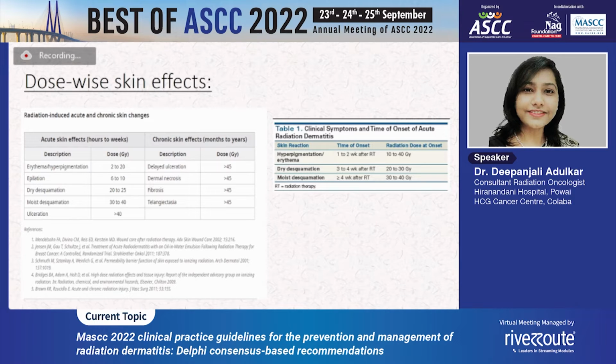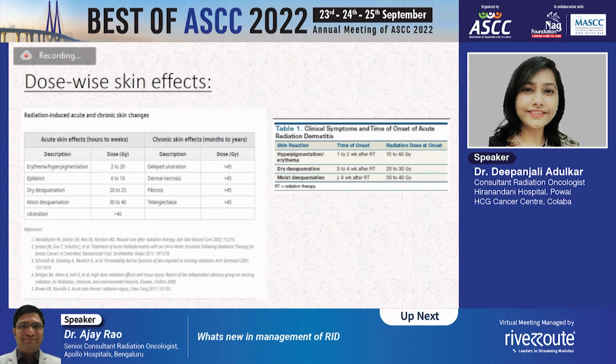Epilation is seen at around 6 to 10 gray, again at the end of the first week and second week. Dry desquamation is generally seen at 20 to 30 gray, which is again 3 to 4 weeks. Moist desquamation is seen at 30 to 40 gray, which is in the fourth week of radiation. And ulceration is generally seen above 40 gray of radiation, which occurs in the fifth week of radiation, 5 to